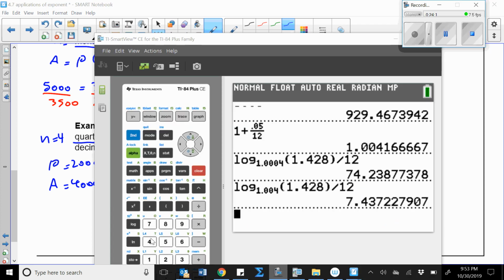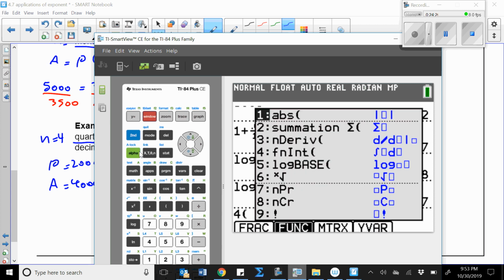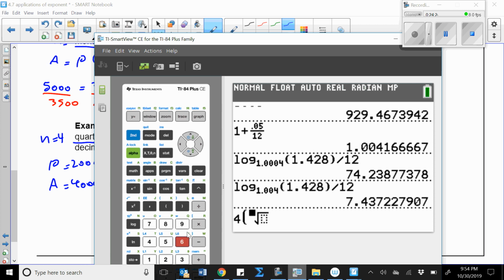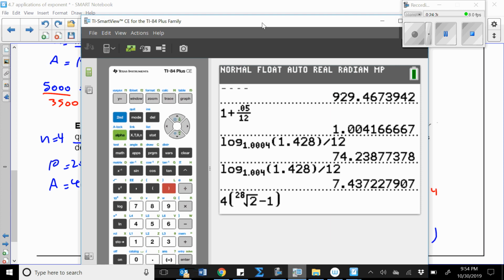To find the exact value, I'm going to use my calculator. 4 times 28th root of 2. So I go to alpha window and choose number 6, 28 here, and then 2 here, minus 1, and that's equal to